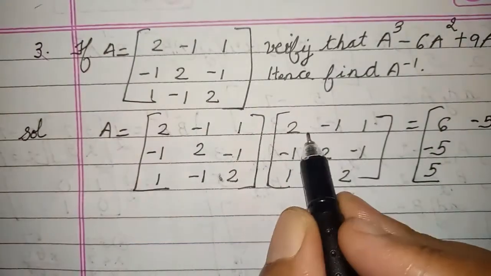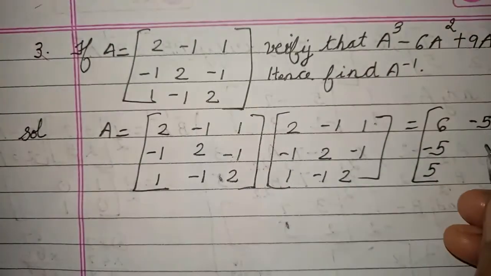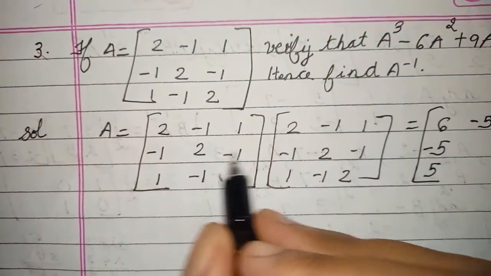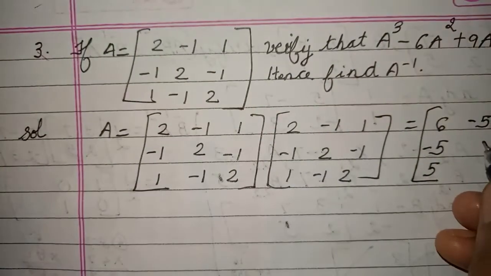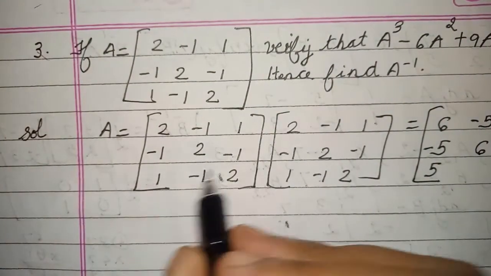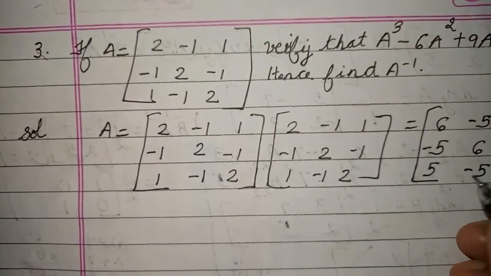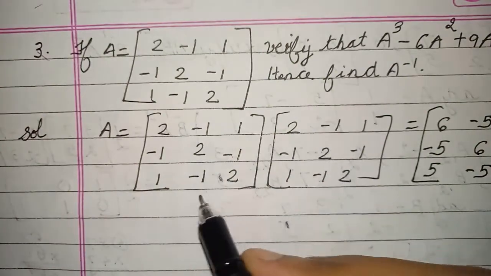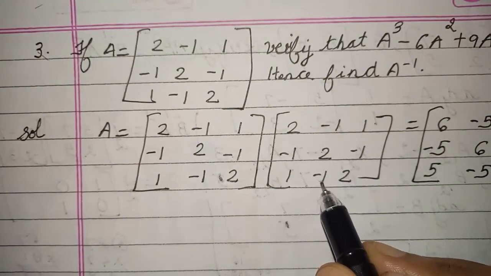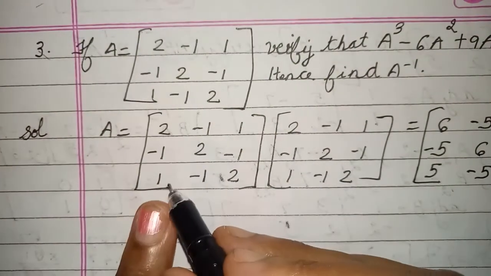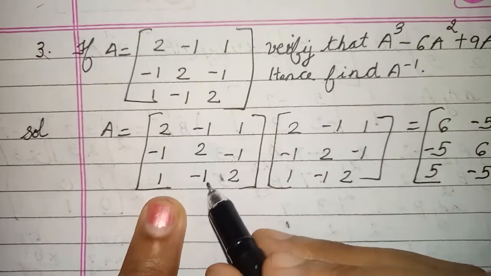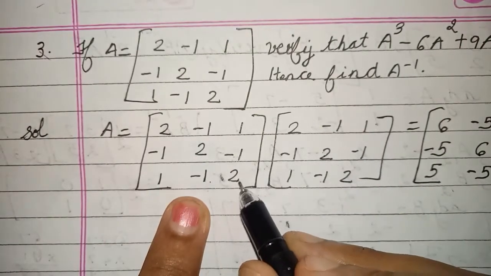Plus 1, plus 4, plus 1, plus 4. 5 plus 1, 6. What about here? It is minus 1, minus 2 is minus 3, and this is minus 5. Minus 1, minus 2, and again, look here. This is 1 minus 1. Okay. This is minus 2, and this is minus 2.